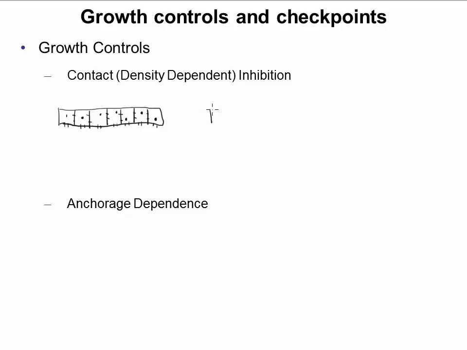So what would happen if there was some sort of an injury that caused the death of some of these cells, or some other event happened that caused some of these cells to die, and we ended up with a gap in our tissue layer where no cells are present? All right, so we have this gap. Under normal circumstances, what's going to happen is that there's going to be growth factor signaling, and those growth factors could be secreted from these surrounding cells. There could be cells underneath that are secreting growth factors in this region.